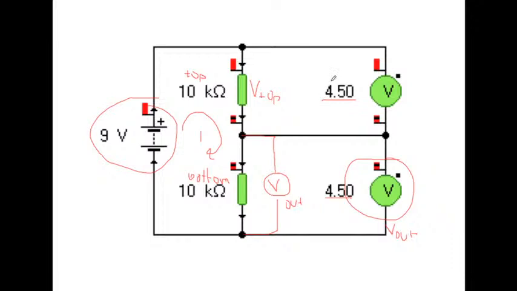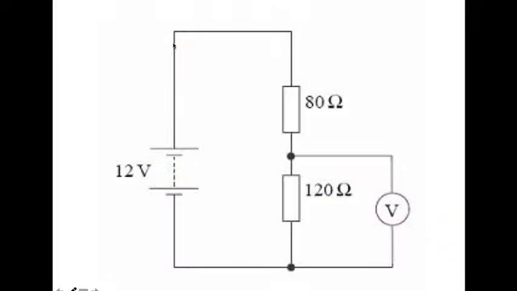But we can't use our potential divider formula for this one because there's no resistor on top of it, right? There's no extra resistor here. But sometimes you will have that, right? Okay, so quick example here. We have 12 volts input. Our bottom is 120. So we're going to find our V out, which is this guy here, measured by our voltmeter with